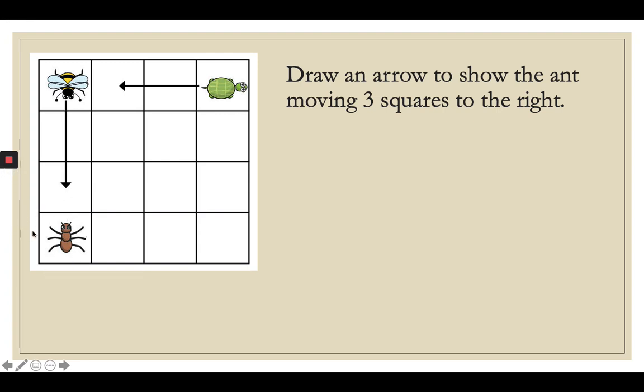Left is here. If I make an L up to my screen, that's going to show me the L is that way, and then the right is this way. So draw an arrow to show the ant moving 3 squares to the right. So we know that this is the right. If he goes to the left, he's off the grid. So we know it's this way, and it's 1, 2, 3. So we think it's this one. If you think it too, then thumbs up. Let's see. Excellent, it is.